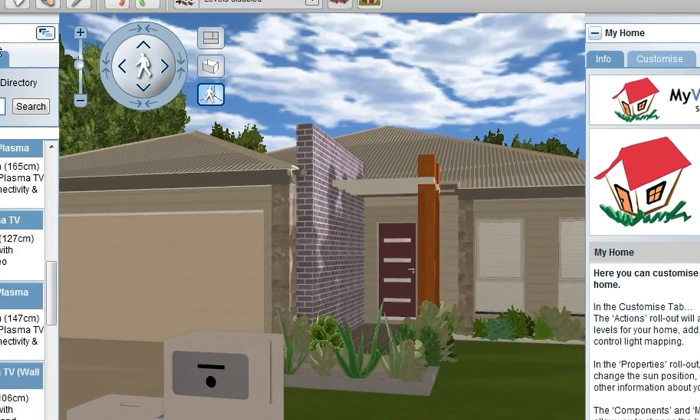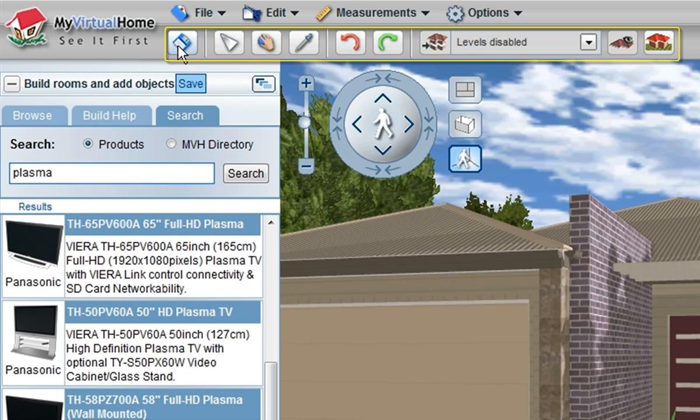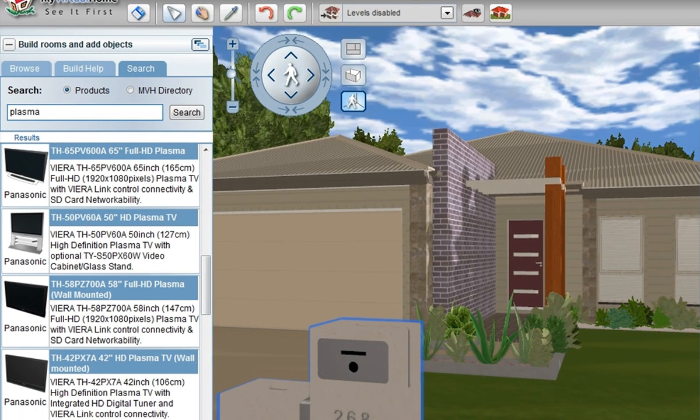walkthrough view. Just below the top is our next level of icons, which is a save button to quickly save your design as you're working on it, an action tool to select different objects like a letterbox or even just the number on a letterbox, an interact tool so we can click on things like a garage door and watch